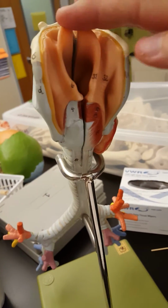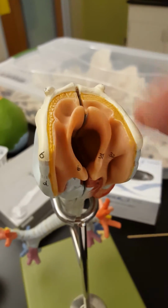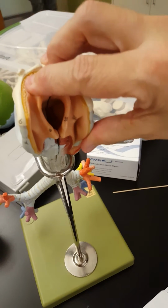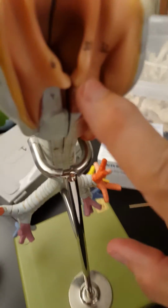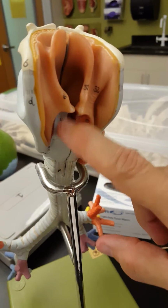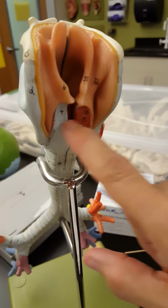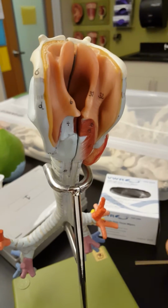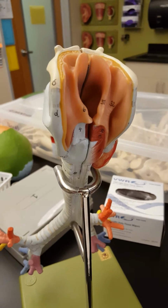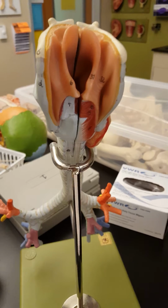Then we also have the epiglottis, which is this part. It's like a flap that covers over the vocal cords so that food doesn't get down into that. And then we have 6 other little cartilage bumps. So we've got 2 up here, 2 on the top here, and then 2 on the bottom. And they would be the arytenoids and the corniculate and the cuneiforms, but you don't have to know them each